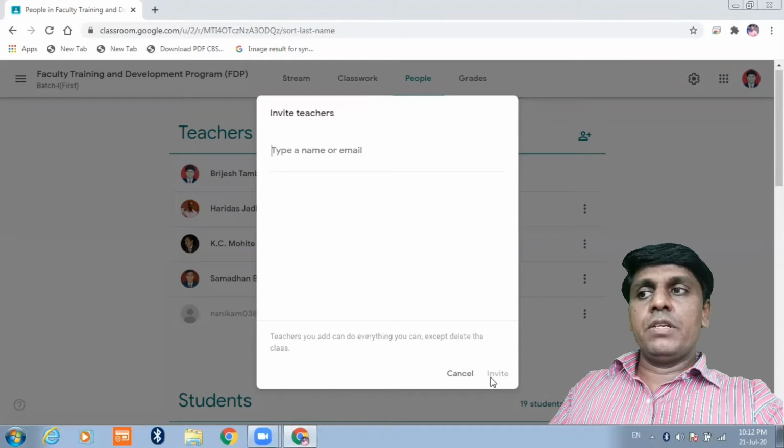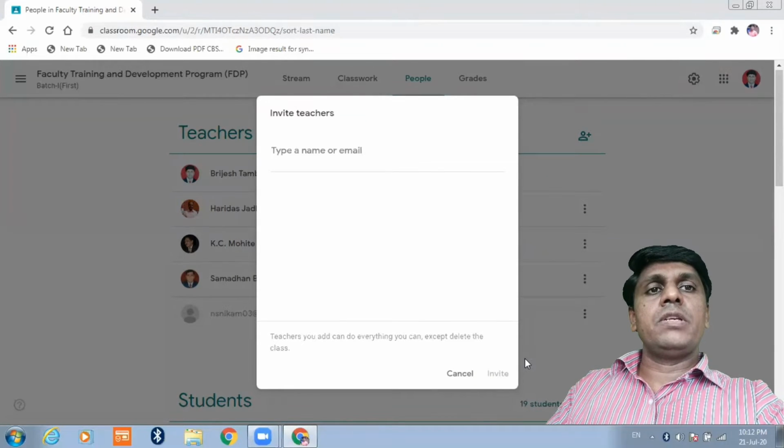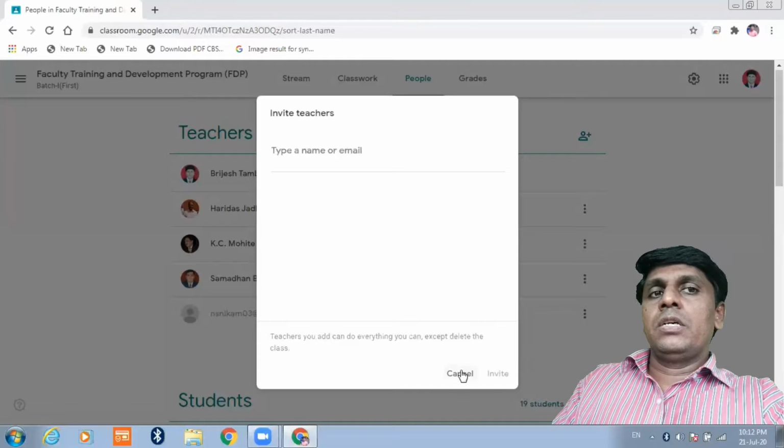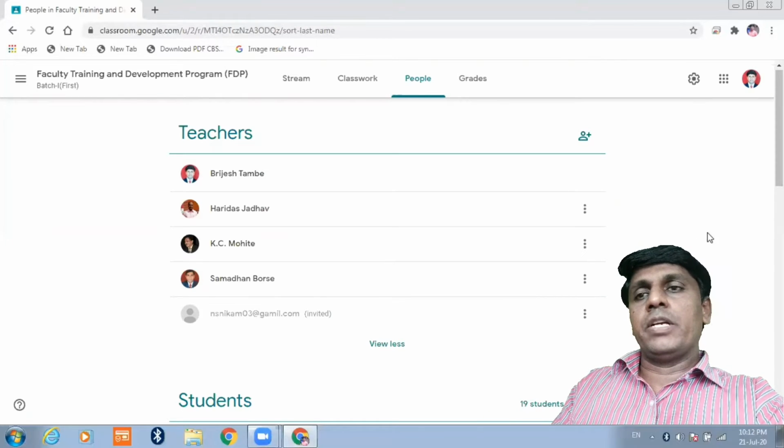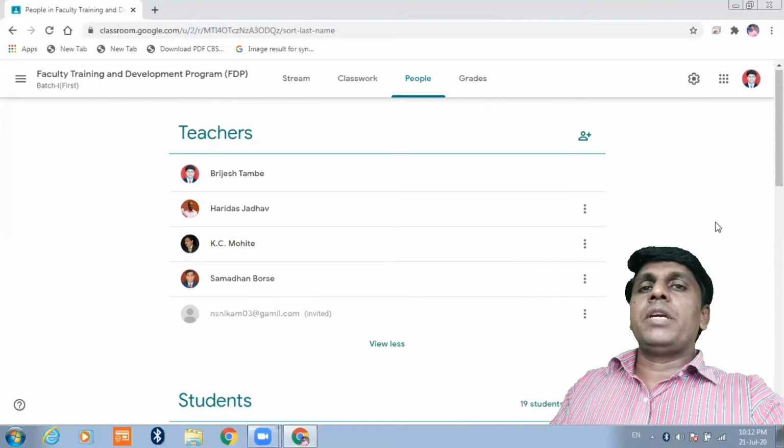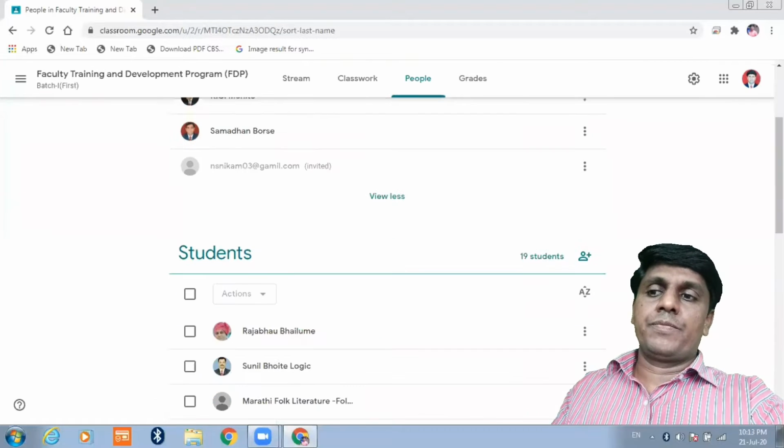But after typing the mail here, the invite button will be active. Click on invite, and the invitation will go to the concerned teacher by mail. He has to go to the mail, open it, accept it, and automatically he will be added in the list of teachers here.